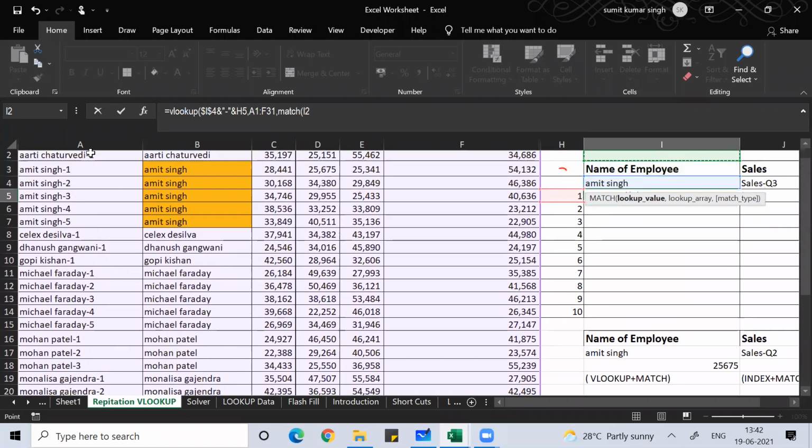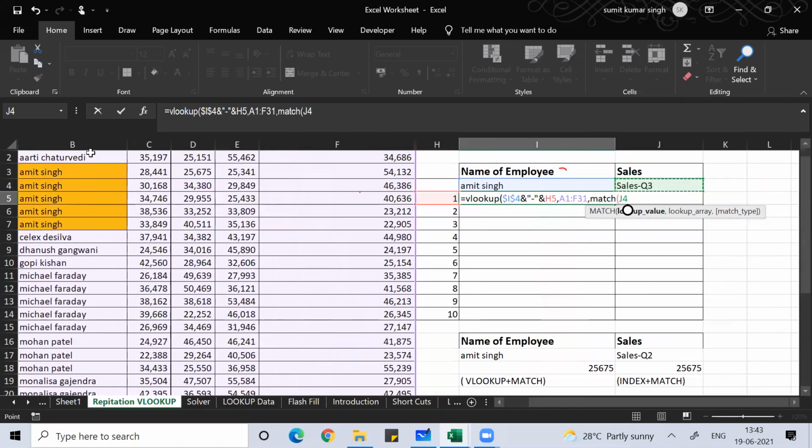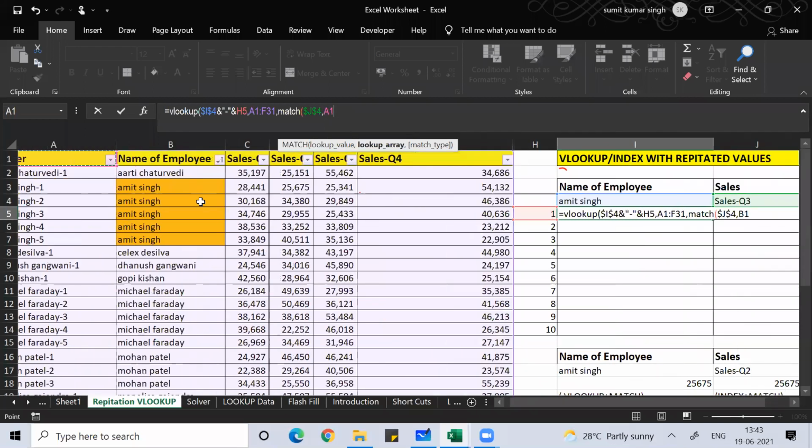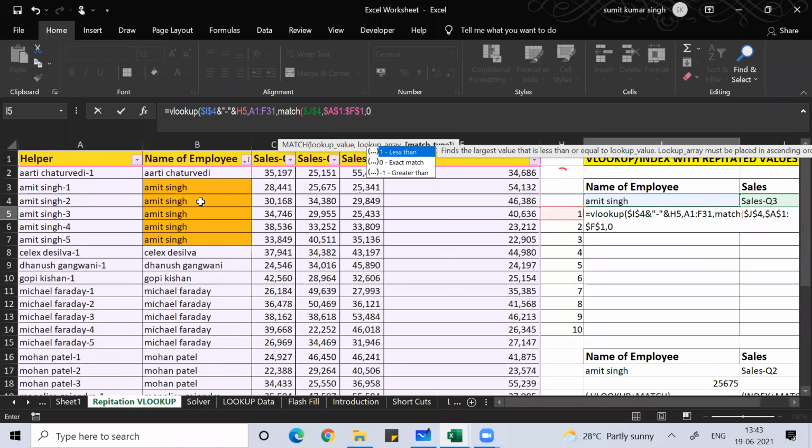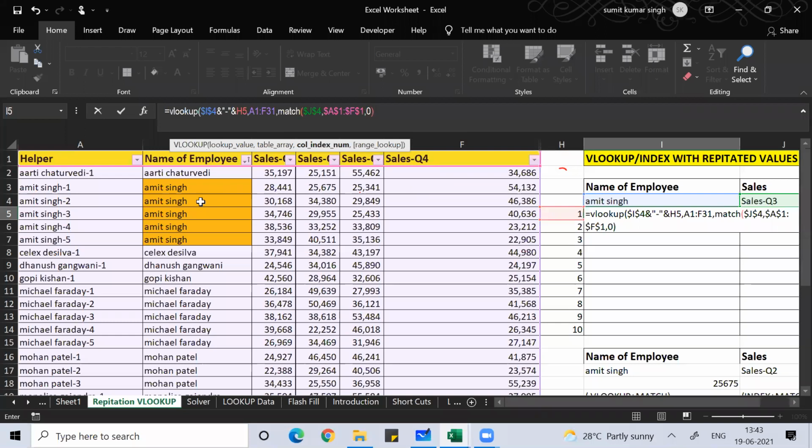You're looking for the U3 value. Fix this cell with F4, comma, then the lookup array. Start from here, give me the lookup array, fix it, comma, 0, close bracket. This is your column number, comma, 0 to match, close bracket.